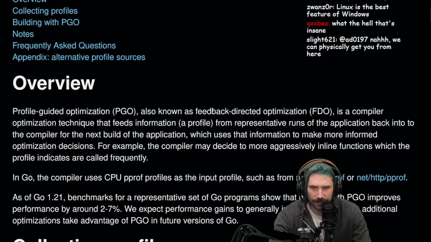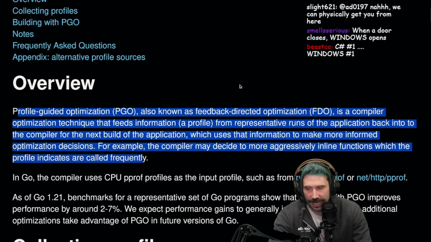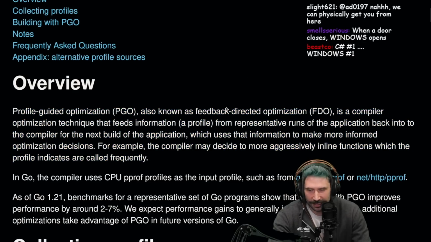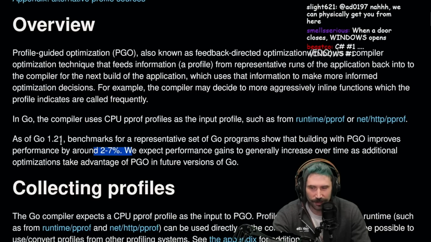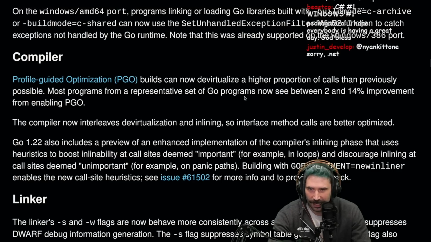This stuff is pretty cool. I'd like to understand everything more. Look at this. In Go 1.21, it's 2 to 7% better, and now they're claiming it's going up to 2 to 14%. That's pretty wild.